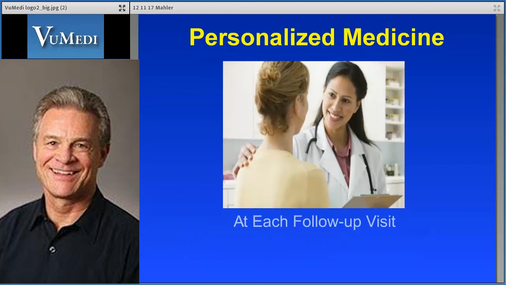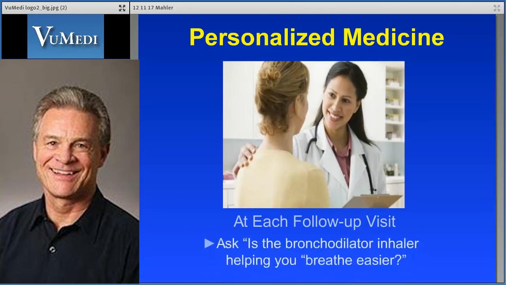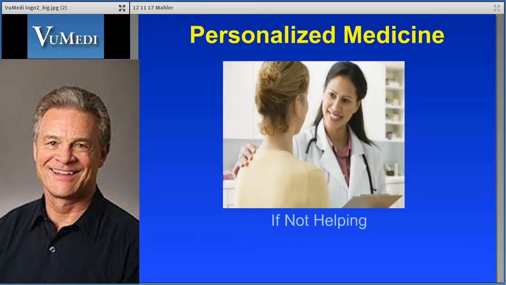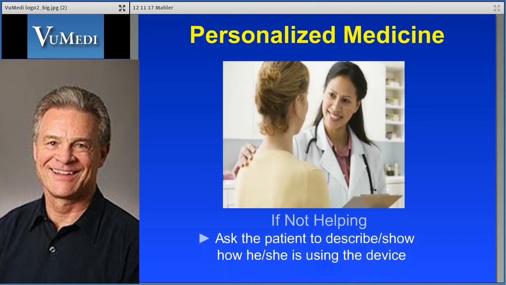At the follow-up visit, the healthcare professional should ask the patient, is the bronchodilator inhaler helping you to breathe easier? If it's not helping, then ask the patient to describe or show how he or she is using the device